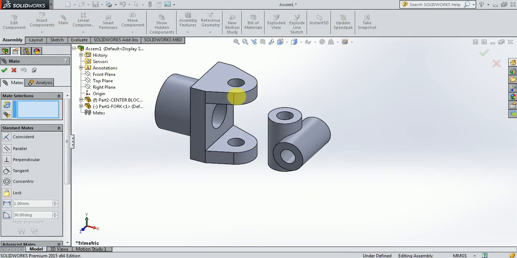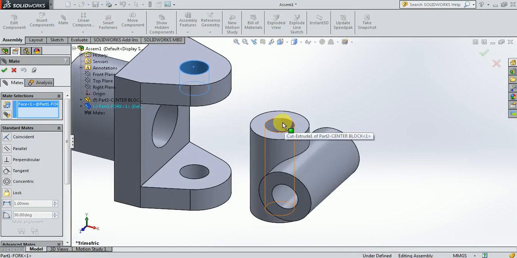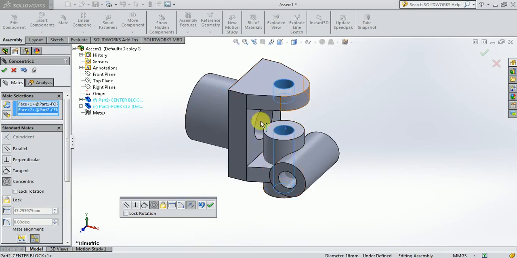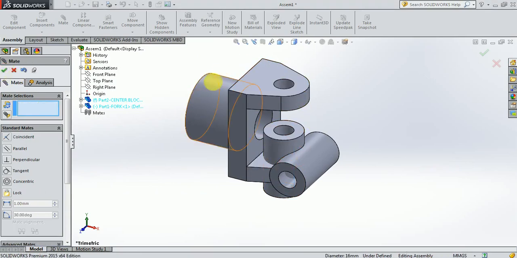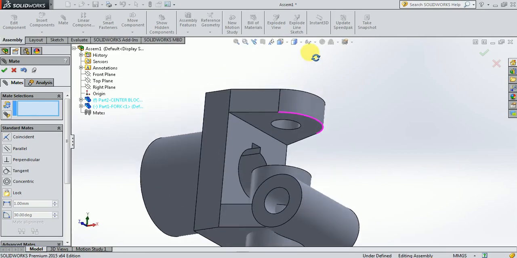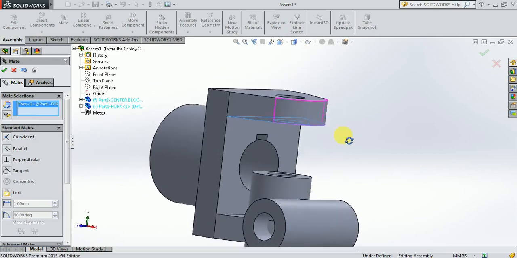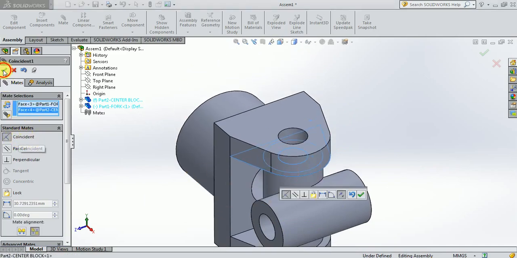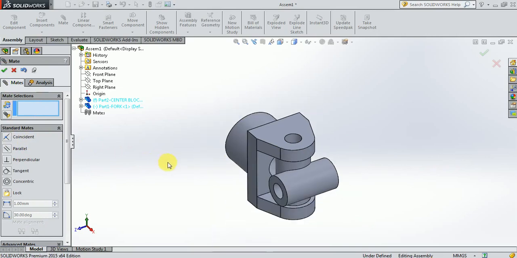Okay, so first I am going to make the axis of this hole collinear with this axis of this cylindrical hole. Okay, so select those two lateral surfaces. Then click on OK. So now this particular fork has become collinear with this vertical cylinder in the center block. Then what I do is I go for selecting this face, and this face should come in contact with this face. So give the coincident